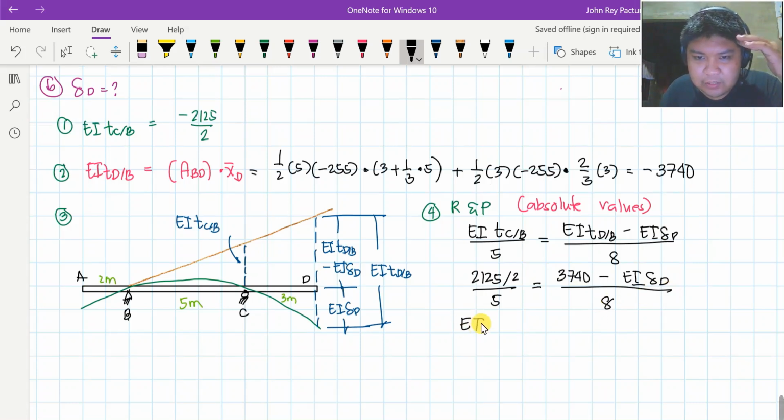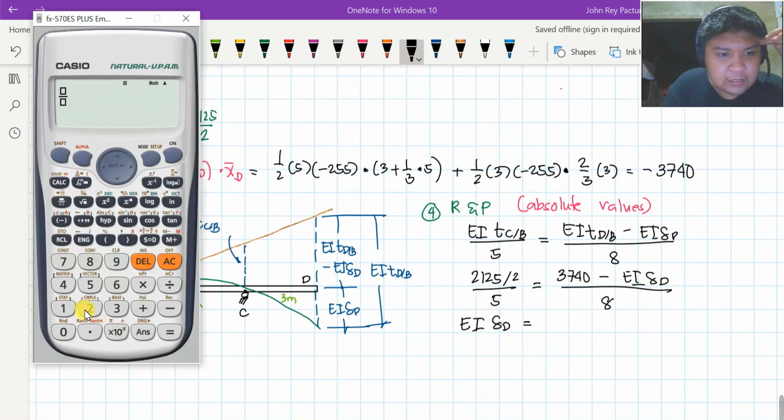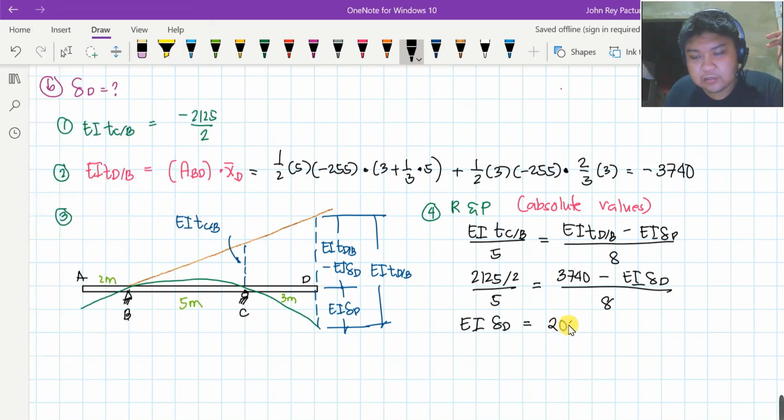So, using shift solve, pwede mong mahanap yung EI deflection at D. So, computein natin, 2125 over 2 divided by 5. And that is equal to 3740 minus X all over 8. Right? So, if we shift solve this one, 2040 siya. So, pwede natin masabi na yung deflection at D is equal to 2040